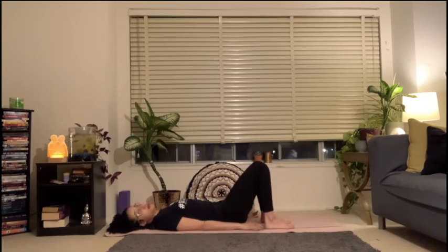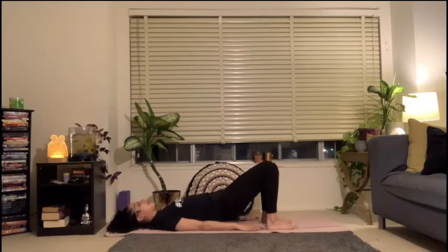If you're a little pooped and you'd like to take it easy, I want you to bend the elbows, fingertips up towards the ceiling. If this pose felt hard for you at the beginning of the class, I want you to take this position again. If you'd like to make this pose a little more difficult, you're going to keep your hands flat towards the floor, palms face down. Whichever position you're in, pressing into your arms and your feet, you'll lift the hips up